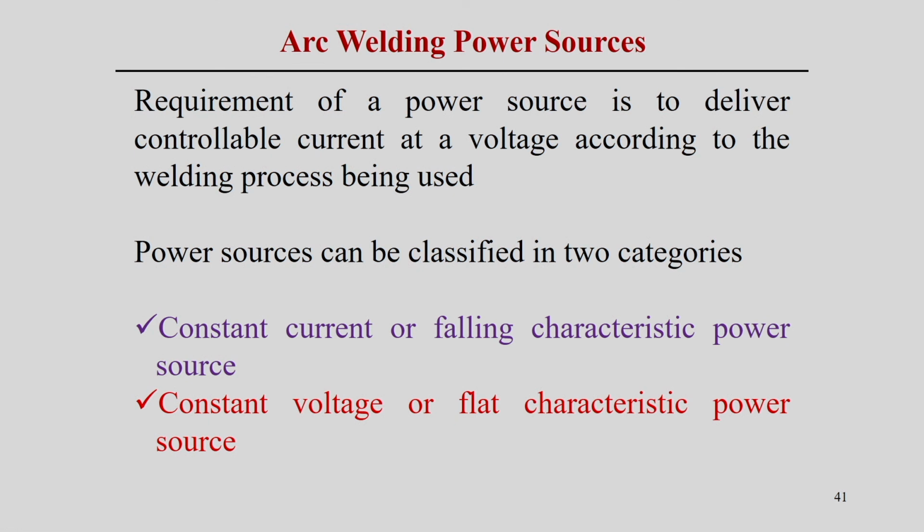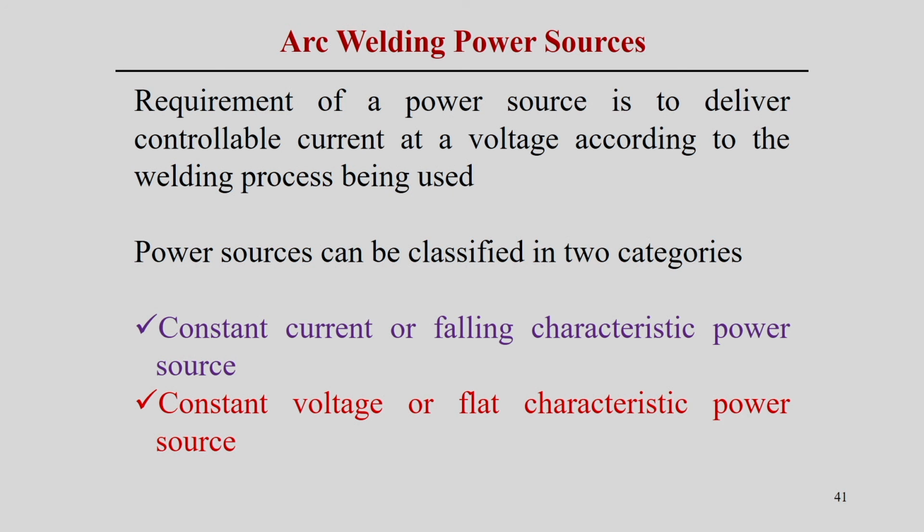Now we can discuss one of the most important topics, that is arc welding power sources. In the arc welding process, we use welding machines with current and voltage, but in what way can we regulate the current and voltage, because arc stability and so many other things depend on it. If we use a manual arc welding process, or an automatic or semi-automatic arc welding process, what type of relation between voltage and current is required, and what can we control, the change of the current or the voltage?